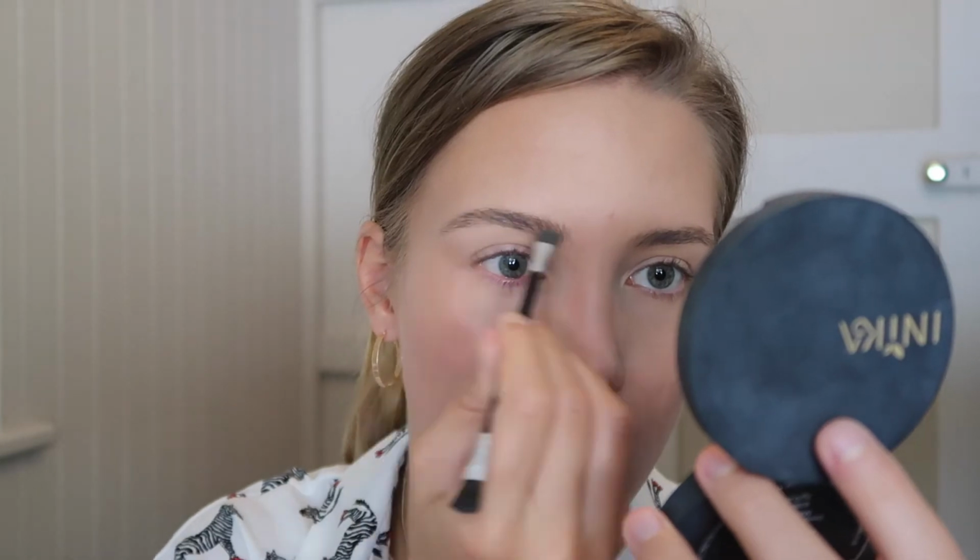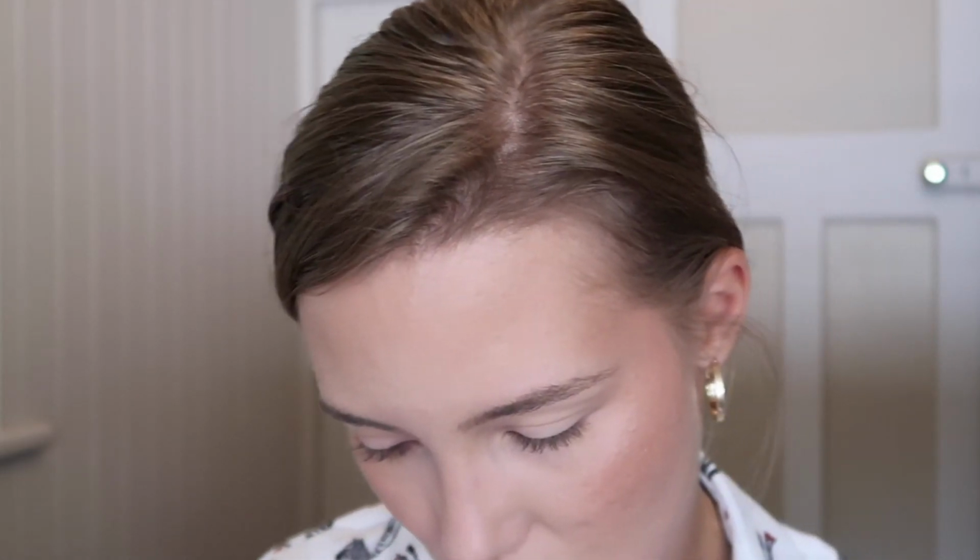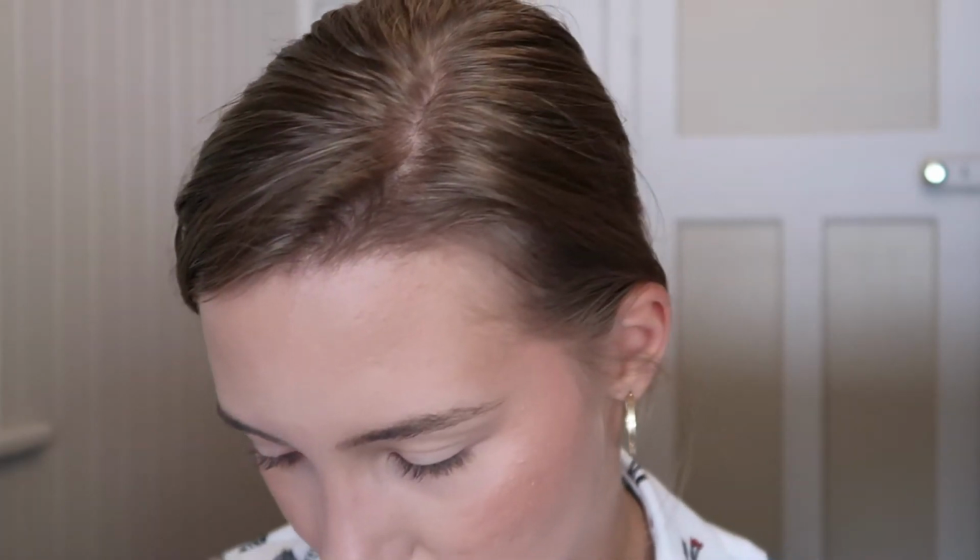Like so. And then doing the same thing for the other one. And now I'm going to go in and do the eyes, and because I'm going to do a bold red lip, I want to keep the eyes a bit softer, a bit more natural. So I'm going to use some more brown sort of tones. I've got these two little palettes here from Designer Brands, which are just a drugstore brand,